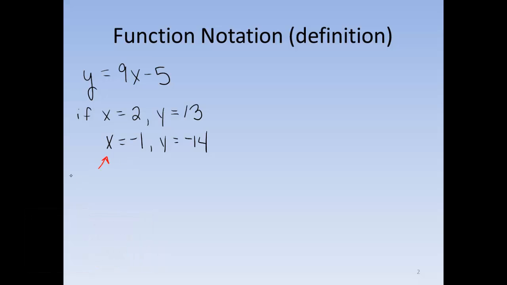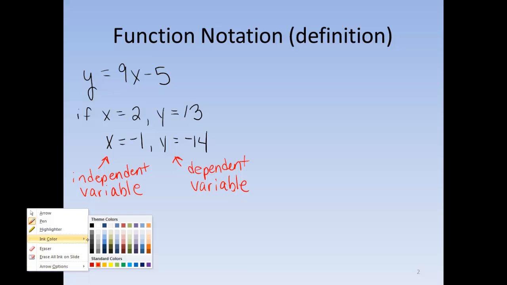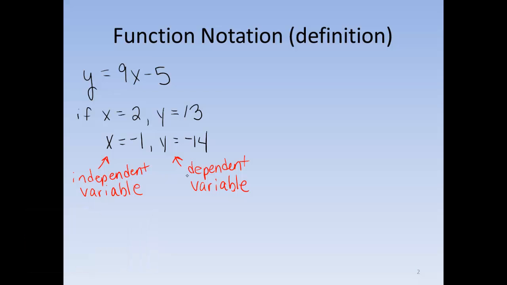First of all, we call x an independent variable. I just picked a random number out of the air. It didn't matter what it was. However, y we call a dependent variable, because it depended on what we decided to pick for x. So function notation allows us to express this relationship between independent and dependent variables